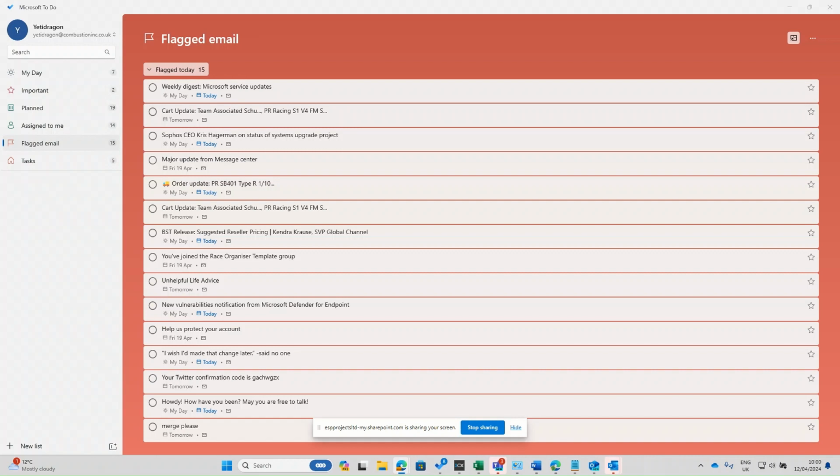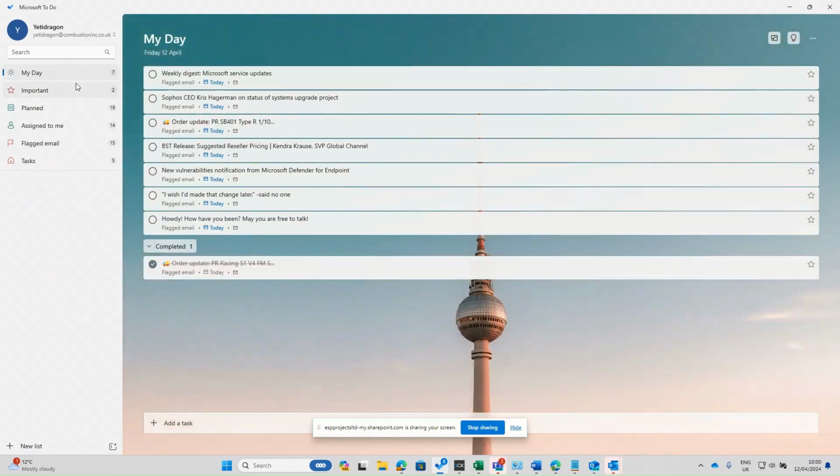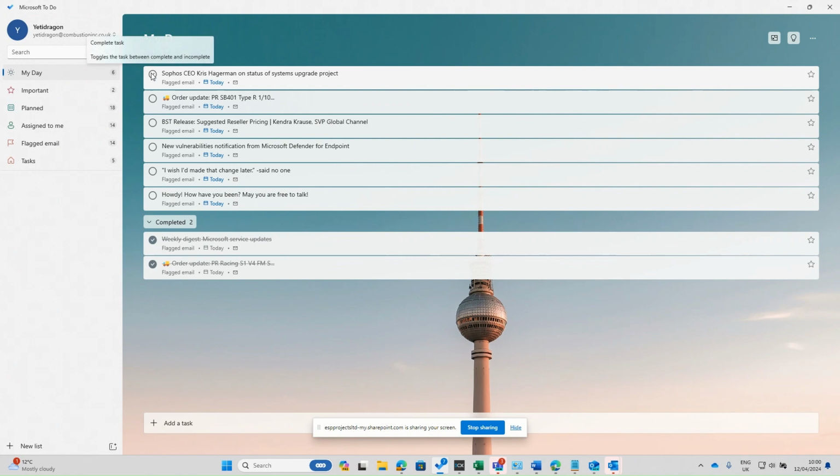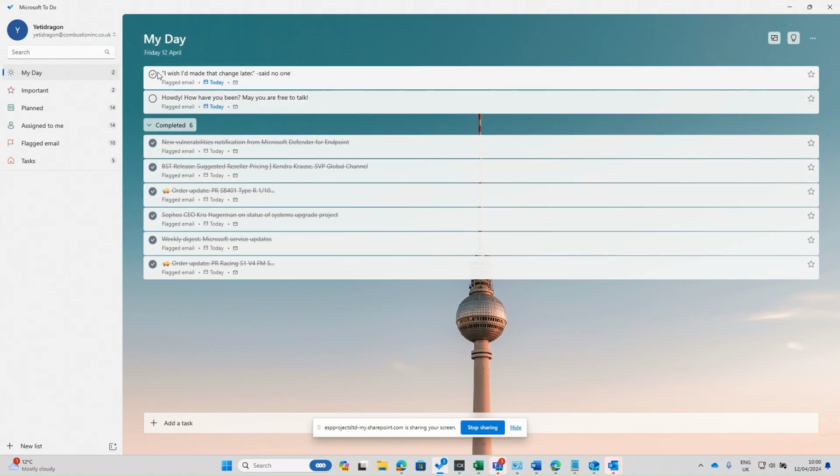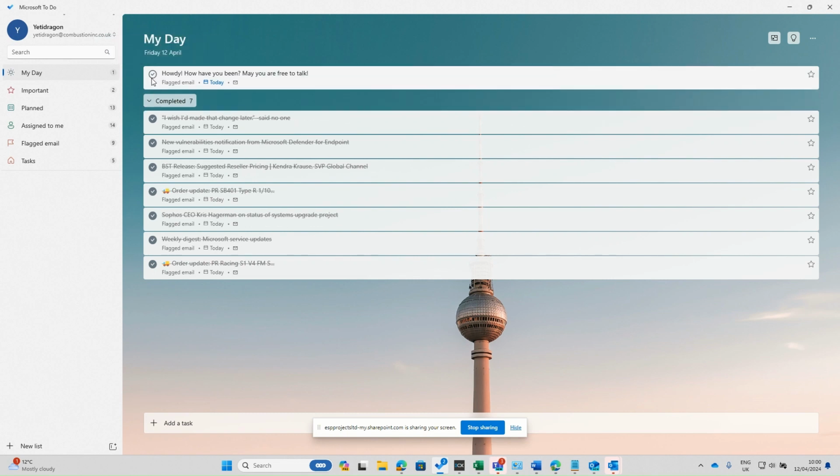But whoa. That's only half the story, right? We've got the things to do in here. What happens when you do the stuff? So regardless of which view you're working on in To Do, if you just click the little tick next to it, it completes the task. Now, you get a lovely pleasant ding when you complete them, but